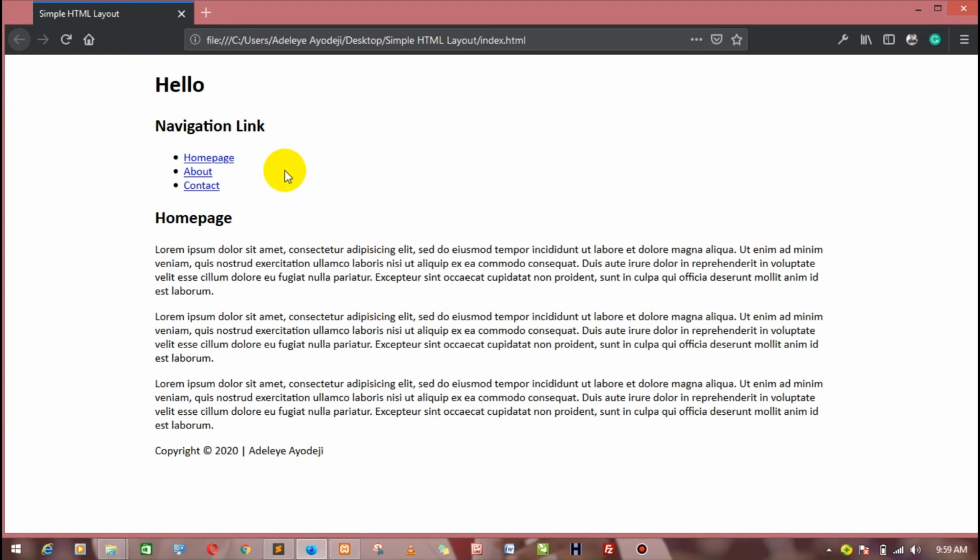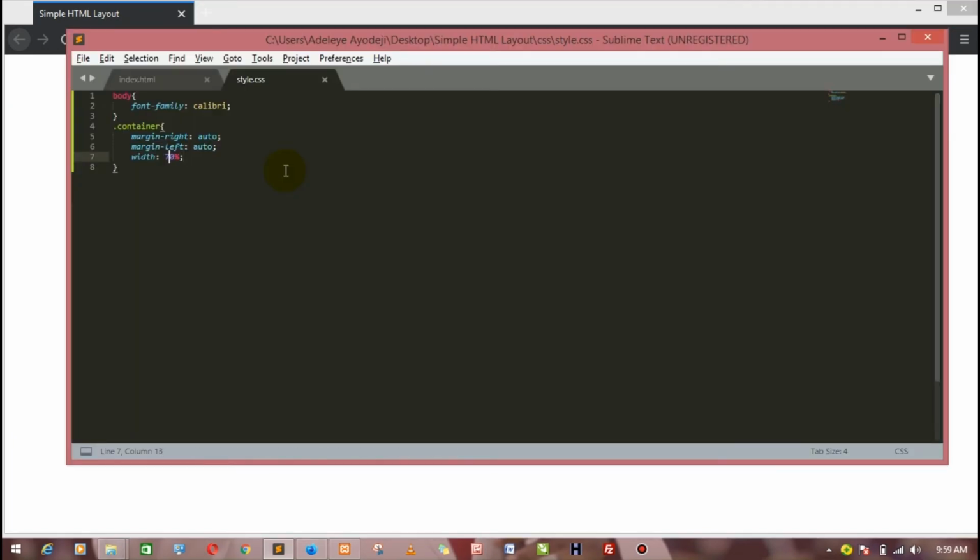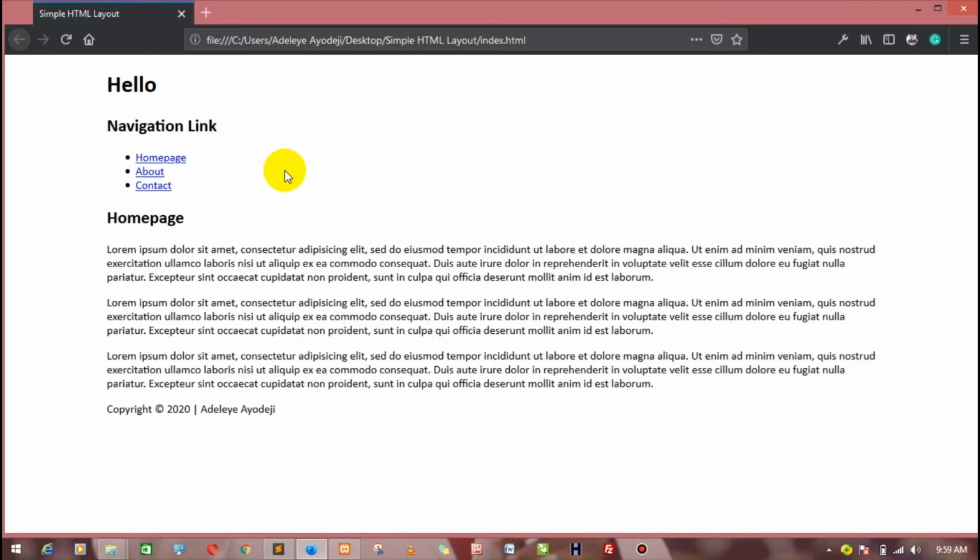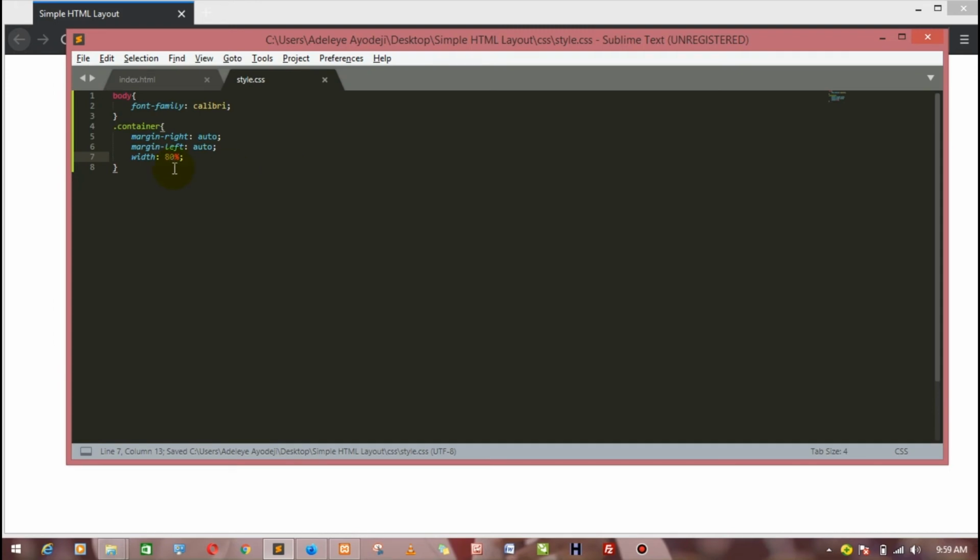70%. As you can see, it actually changed, but 70% is too small. That's too small for me to use. So let me use 80%. Okay, 80% is better. Now the next thing we're going to do is